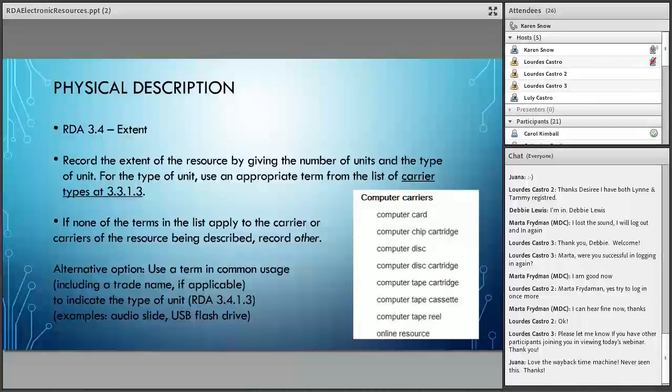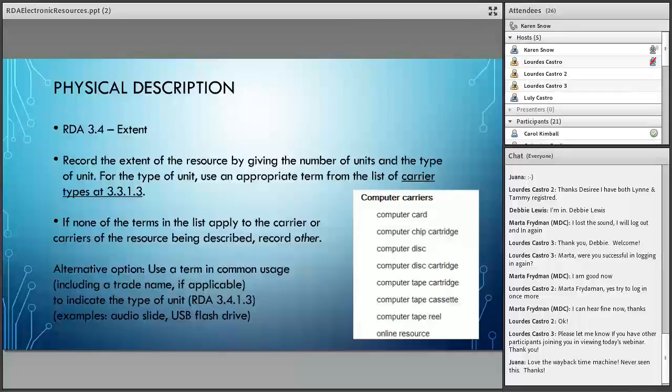Let's talk about physical description of this, which is not as complete as if you've seen electronic resource records. It's not going to be as complete, I guess, as a print version. It won't have dimensions, for example, because it's electronic, unless it's like a CD-ROM, right? That'll be the difference. But if you have an online resource, for example, or an ebook, you wouldn't have that. But for the extent, we can describe that.